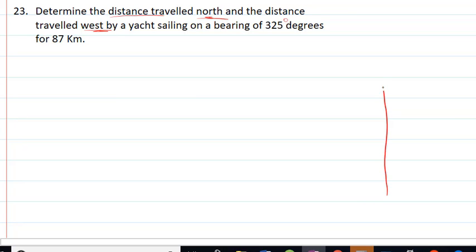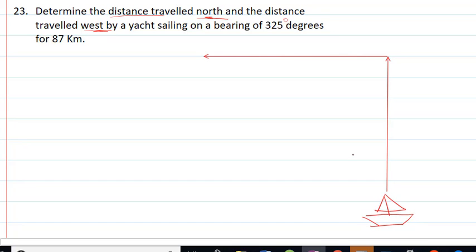What is the distance traveled north? What distance is traveled north, right? And the distance traveled west, right? The boat, the sailboat, traveled at a bearing of 325